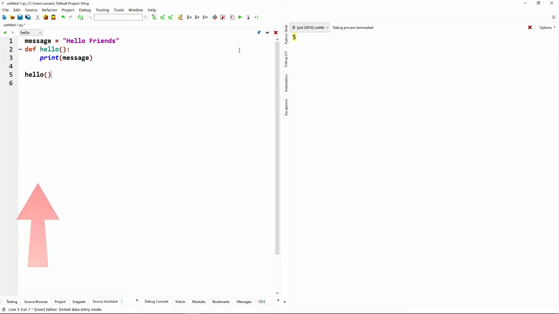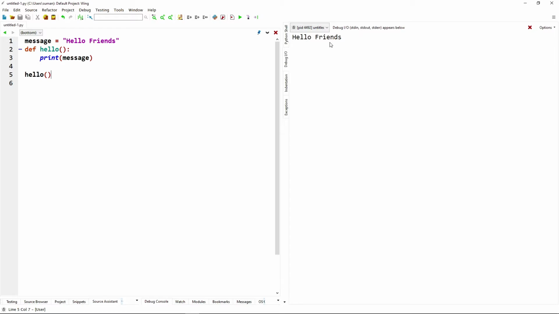Here message is a global variable defined outside of the hello function, and we can use it anywhere after it is defined. Let's run the code and we are getting hello friends.